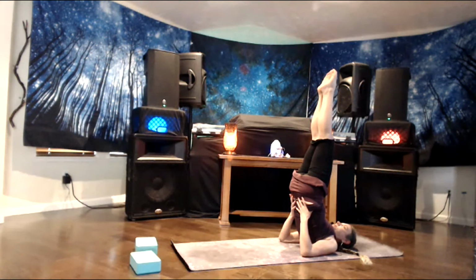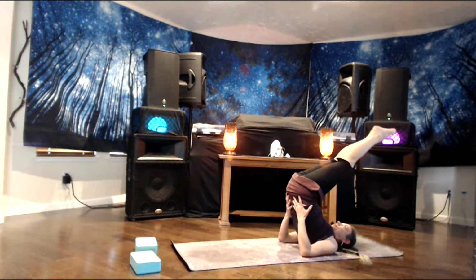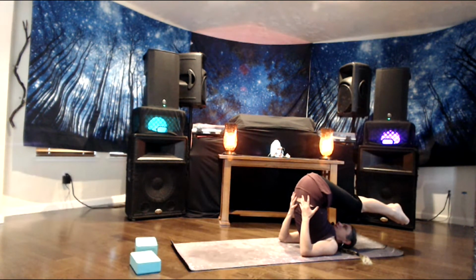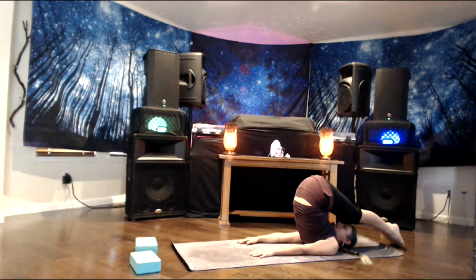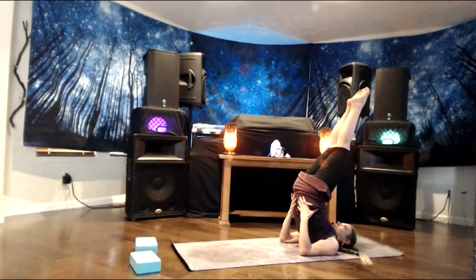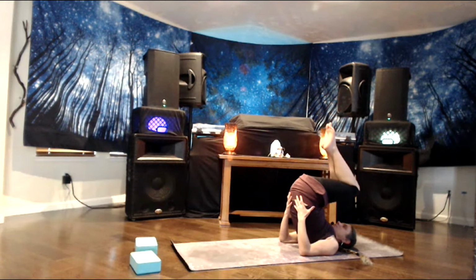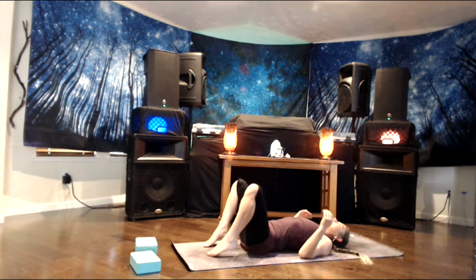One more deep breath in. Exhale to plow pose. Drop your feet overhead, reaching towards the ground, but they don't need to touch. You can release your hands back out on the mat behind you to help with balance. Come back up to shoulder stand on a breath in. As you breathe out, release, bend your knees, gently lower your back down to the mat, and make your way